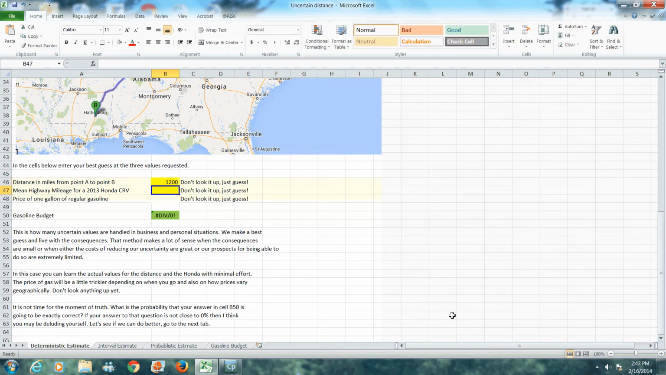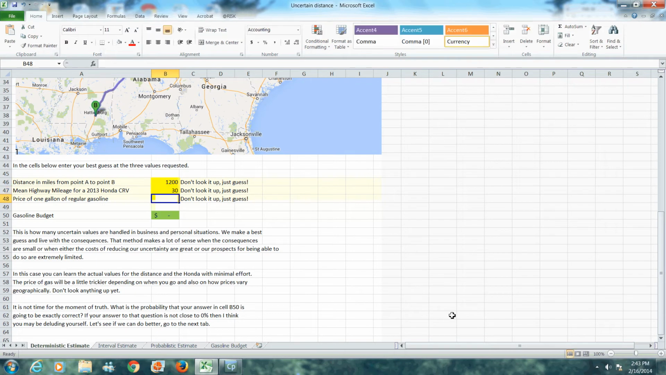The second piece of information we need to know is what is the mean highway mileage for a 2013 Honda CR-V. So what's the average miles per gallon? Now, if that's not your car, then you don't know what that is. But I think, gee, when I think of Hondas, I think they must get pretty good gas mileage. So I'm going to assume that they can get an average of 30 miles to a gallon driving on the